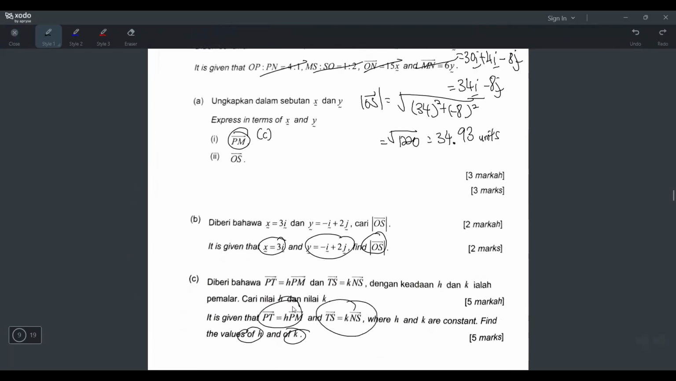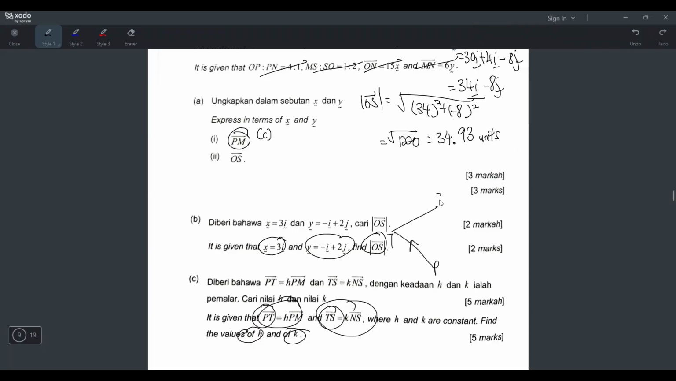That means we have to somehow form a new equation that has h and k in it. And the method to do it is by looking at these two pieces of information. So they mentioned vector PT and vector TS. You don't even have to look at the diagram. Just think about it. PT, TS. What is the connection here? So imagine going from P to T